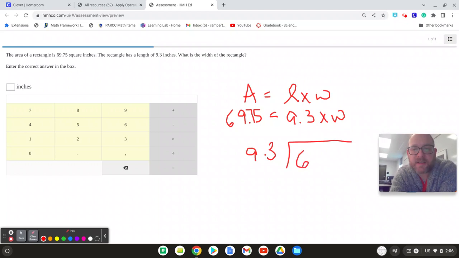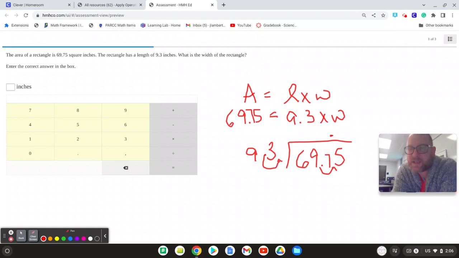So I'll take my 69 and 75/100, put that here. And remember, because I'm dividing by a decimal, I cannot do that, so I need to move my decimal spot one spot over. There we go. So now it's going to be right after my 7. All right, so now I've got 93 into 697 and 5/10. So that should be way easier. 93 into